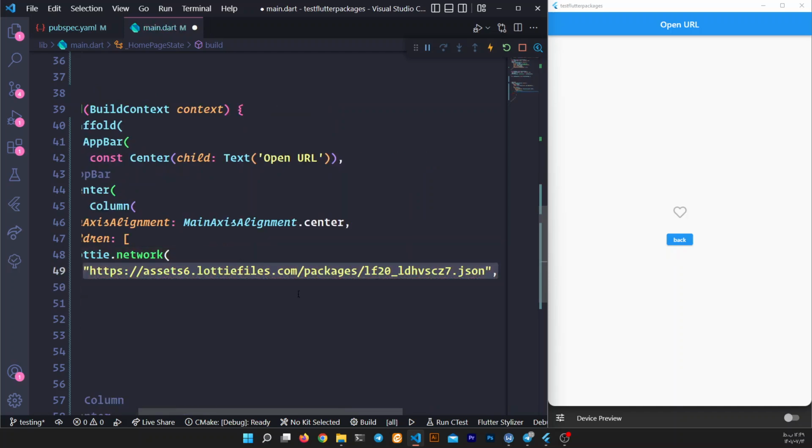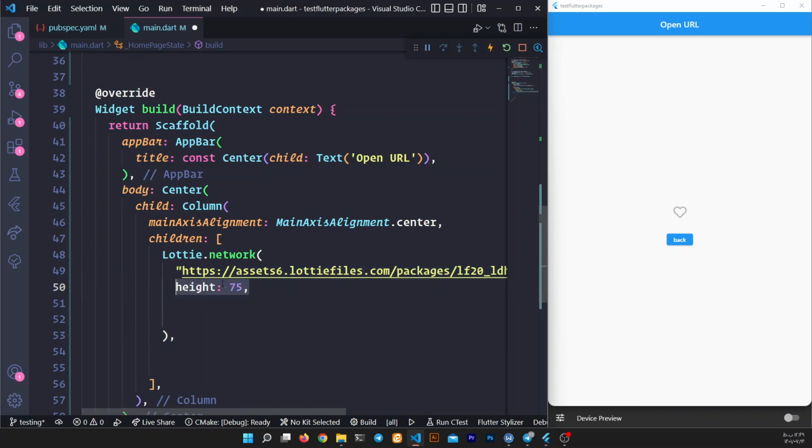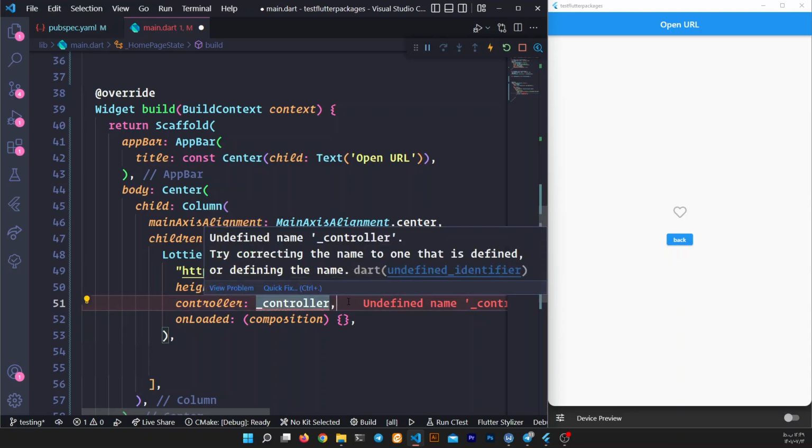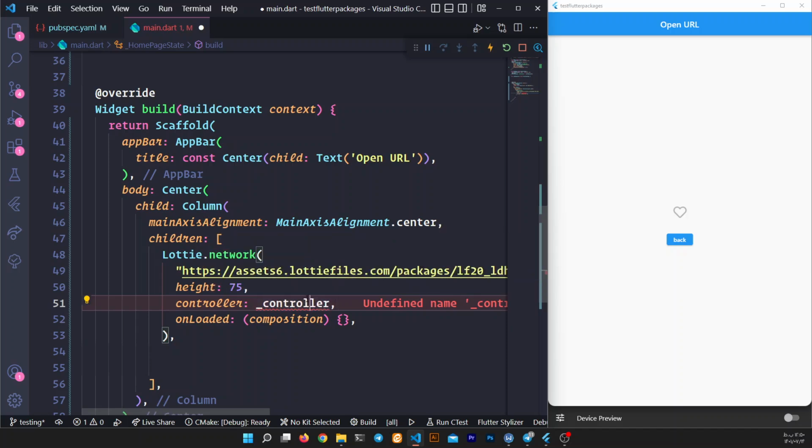Okay, I copied a new Lottie file address and set the height to this, and create an onLoaded argument in here to set it not played when loaded. Okay, and we should add a controller to customize forward and reverse time and other things. Okay, to create a controller for